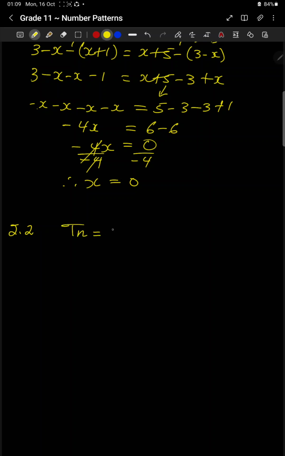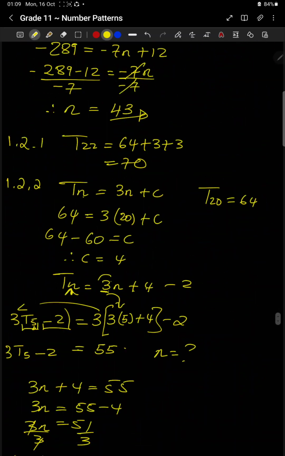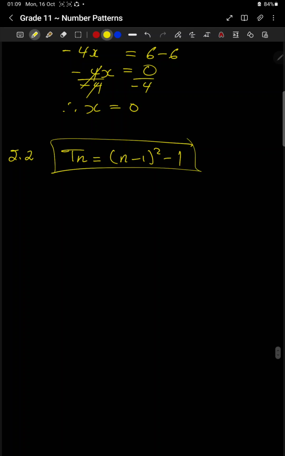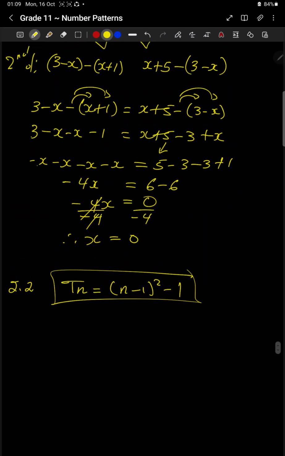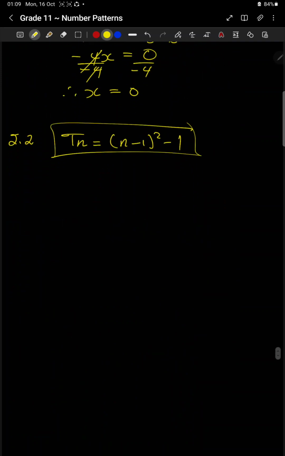Let me just write it down. N minus 1 all squared, and minus 1 or plus 1. Let me just double check that. It's going to be negative 1. Okay, so in order for us to be able to prove or work this out, we substitute 0 in the place of x there, and then we start afresh. So negative 1, 0, 3x plus 8, which is just 8, and then we find